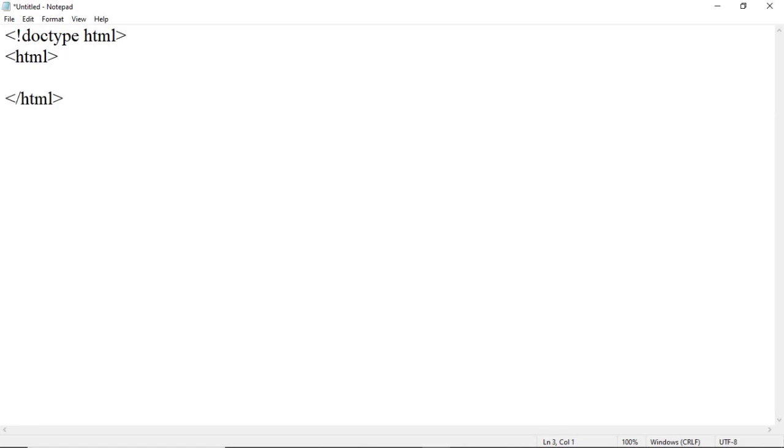Within the HTML tag, let us add a head tag, so head and end of head. Within the head tag, let us add a title tag, title and end of title.